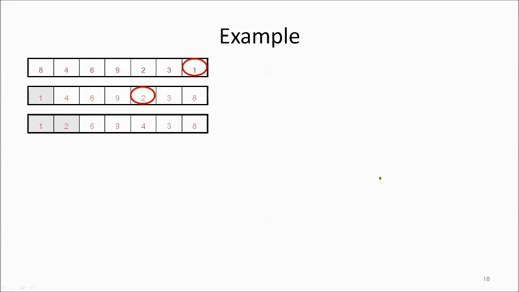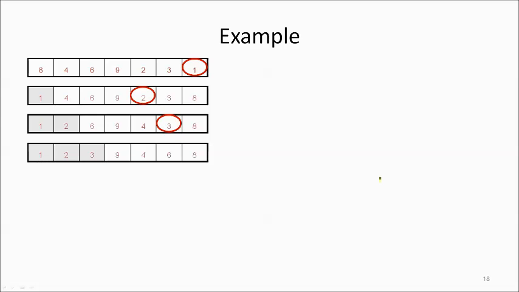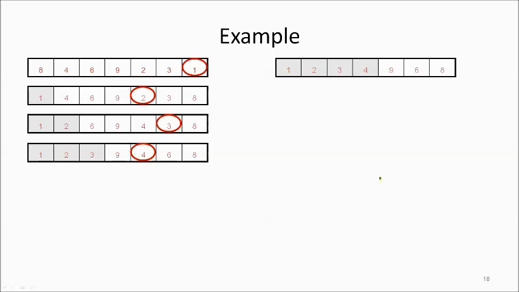Next, you have to look for the smallest value again, which is number 3. Okay, now 3 will swap into the place of number 6. Now they interchange or swap places. Next, what is the smallest value? Number 4. Now 4 will swap with the place of 9. Okay? Next, what is the smallest value? The smallest value now is number 6. Now 6 will swap places with number 9.